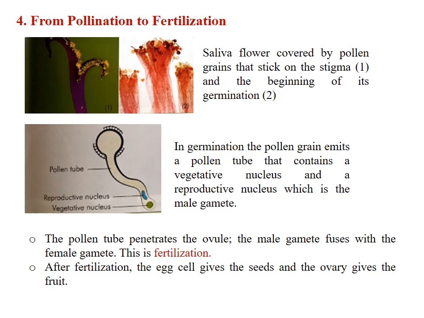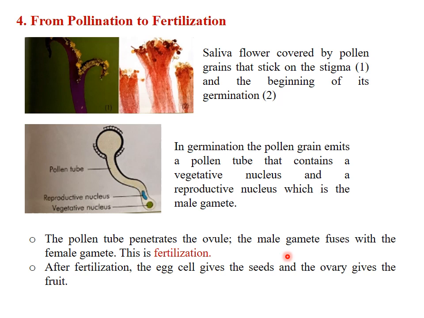From pollination to fertilization. Let us look at the first document. We can see a sage flower covered by pollen grains that stick on the stigma in picture number 1, and the beginning of its germination in picture number 2. In germination, the pollen grain emits a pollen tube that contains a vegetative nucleus and a reproductive nucleus, which is the male gamete. So in the picture, we can see the pollen tube that contains the reproductive nucleus and the vegetative nucleus. The pollen tube penetrates the ovule, so the male gamete fuses with the female gamete, and this process